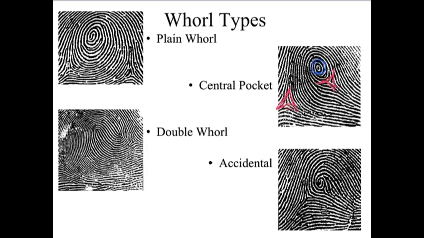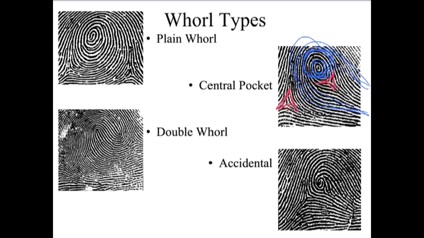But it also has ridge patterns that enter one side and leave out the same side. So there is certainly some whorl pattern, a circular pattern here, but it also has this feature of a loop, okay, which makes this a central pocket whorl. So there's a little whorl that's in a pocket inside a loop. The double whorl here,